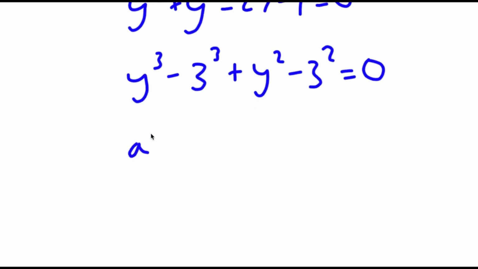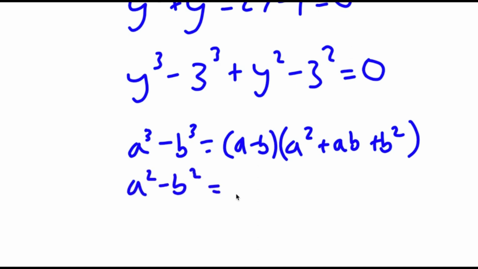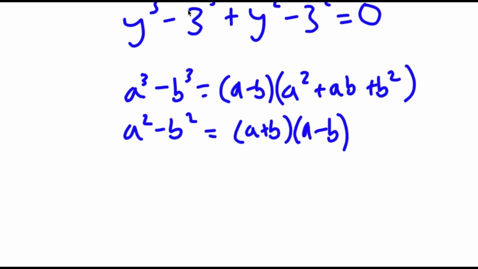So if I have something in the form a to the power of 3 minus b to the power of 3, this is equal to a minus b times a squared plus ab plus b squared. And if I have something in the form a squared minus b squared, this is equal to a plus b times a minus b. So in this case, I can rewrite y to the power of 3 minus 3 to the power of 3